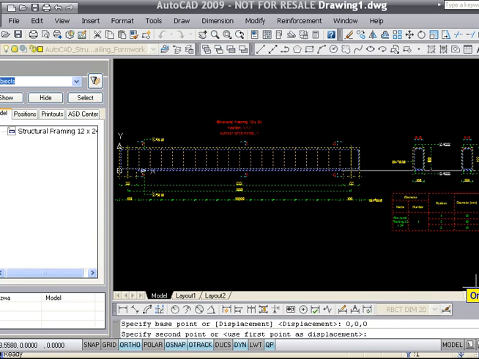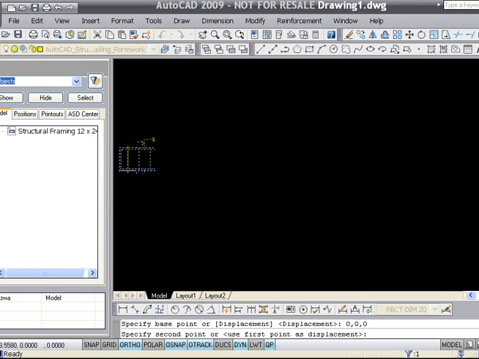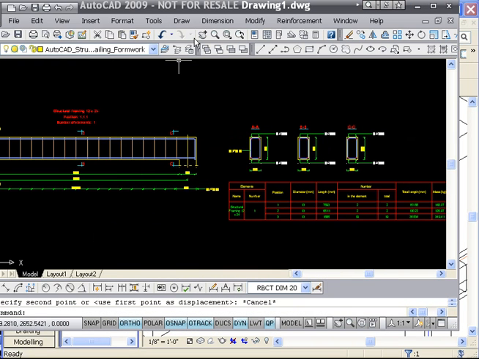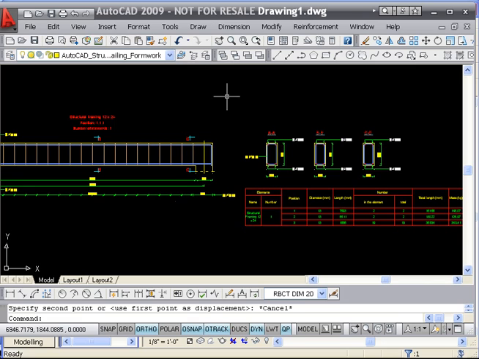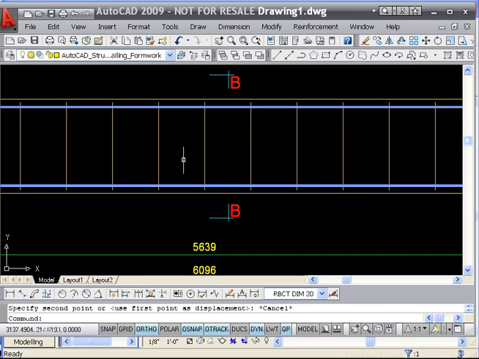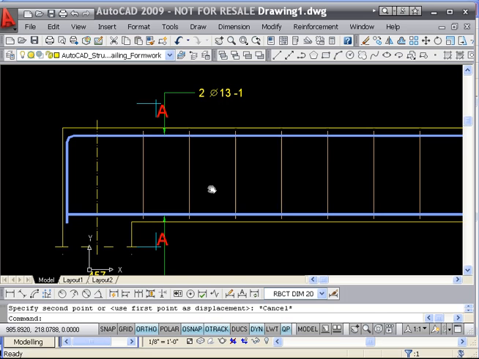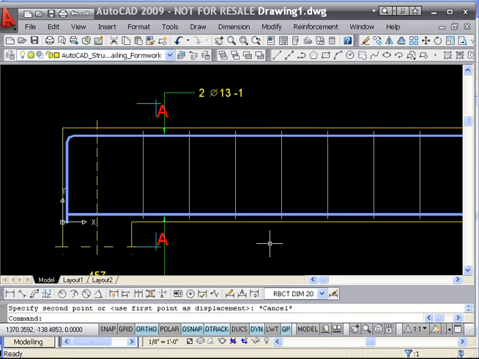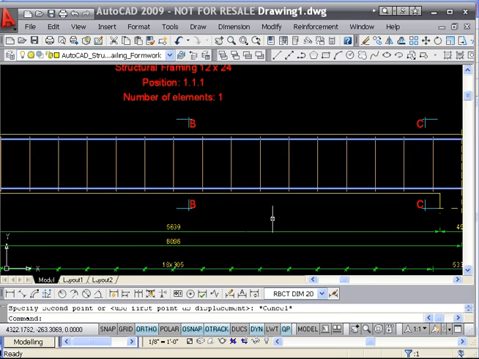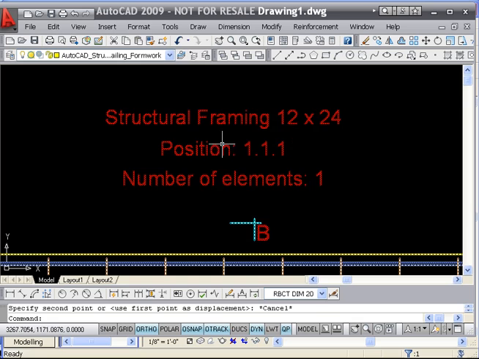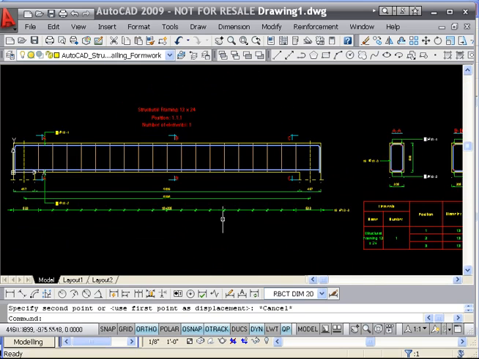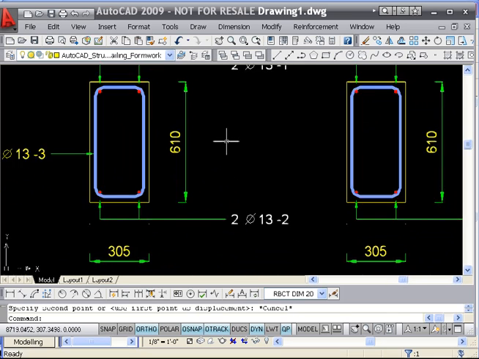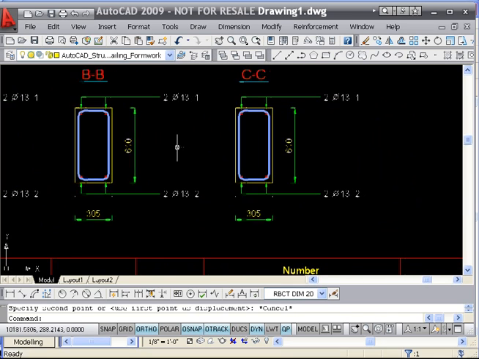And what it will do for me is it will give me a detail in AutoCAD. Let me close up a couple of the windows in the AutoCAD panel here so you can see this. And as you can see, what it did from that one beam is it generated this 2D drawing in AutoCAD and gave me also section views, size of the framing, the number of elements, the position of it. Now the dimensions come out in metric units,